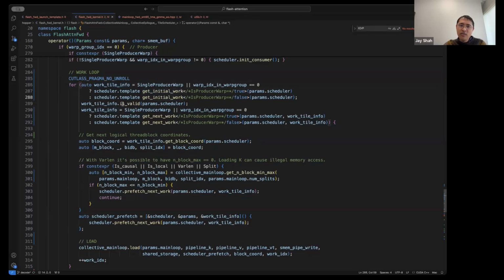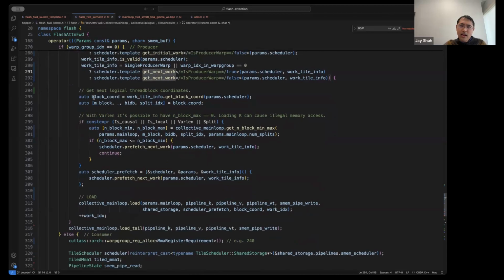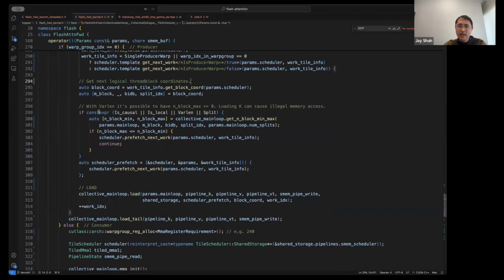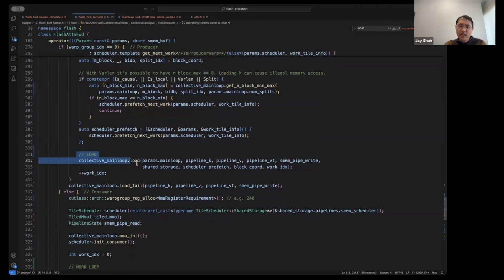I run the for loop until it's no longer valid, with each iteration getting the next work tile. I fetch the block coordinate, the logical thread block coordinates, from the work tile. I have some early exit logic, but the main thing here is the load method.